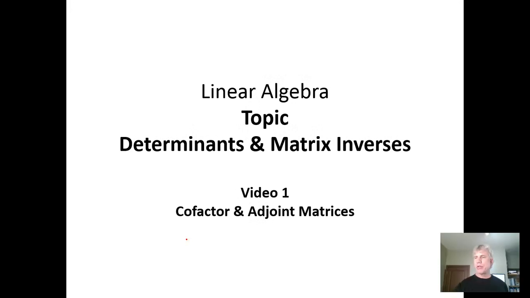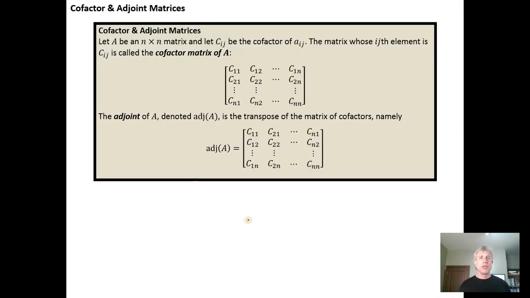So in this video, we're just going to briefly explain what cofactor and adjoint matrices are. Remember, in a previous video, we talked about the cofactors for a matrix A. In general, what we said was that there's more than one cofactor for a matrix, but a cofactor for the ith row and jth column is the number that you get when